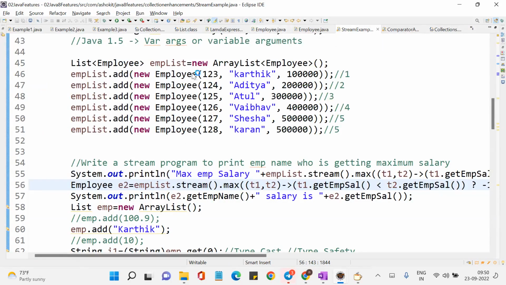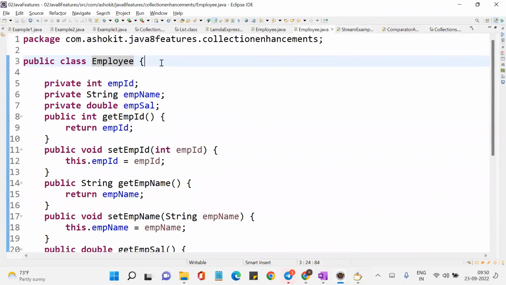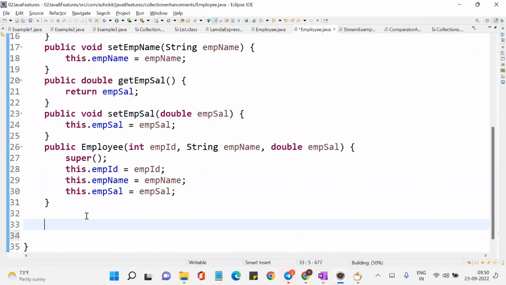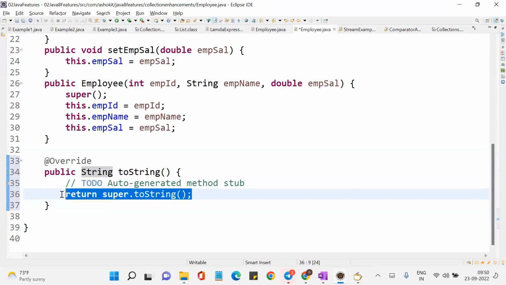Can I override the toString method? Yes. In this Employee class, can I override the toString method? Yes. So if you want to, just write toString and then followed by Control Space, override. Now what you are returning, instead of return super.toString, what I can do is return